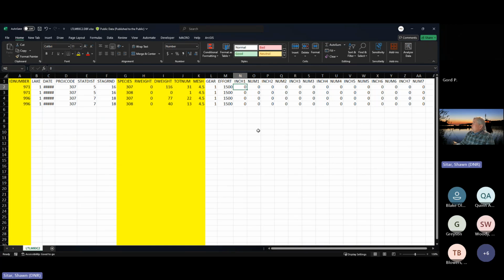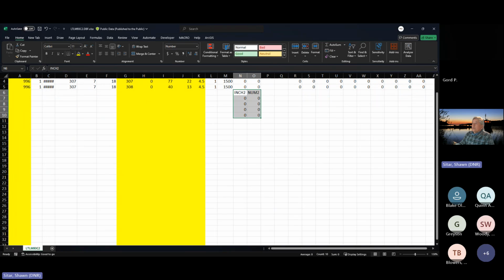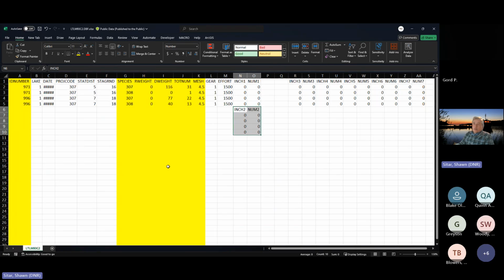So here they would code that inch group. But the way you would do that is to bring it down this way. Right? You would code it so that you don't have normalization. Then you would reduce the number of fields, right? Does that make sense? In fact, you don't really want to do this because if you're already measuring a length, this is a simple rule, and you basically go to the card 3. If the card 3 just has a length and a species and a mesh assignment, that's enough measurements to qualify to be an observation. When you do these aggregate things, I think it becomes a mess